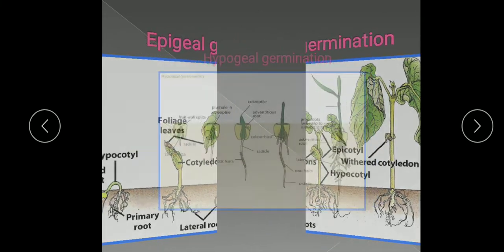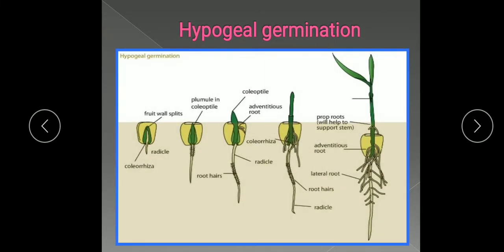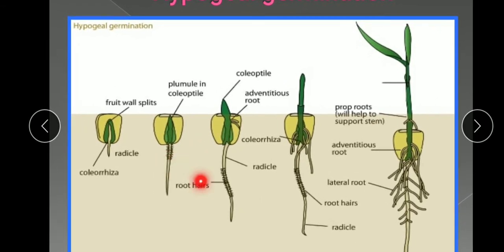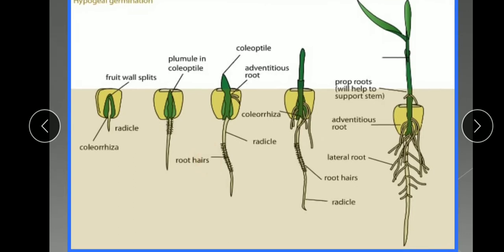Now the next germination we will study is the hypogeal germination, and here we are studying the example of hypogeal germination in the maize grain. The diagram of the maize grain you have also studied. Here in the hypogeal germination, hypo means below, and geal means the earth, soil. So here the cotyledons remain underground, they are not pushed above the ground. So it is known as hypogeal germination. You can see here the cotyledons are under the soil only and developing under the soil only.